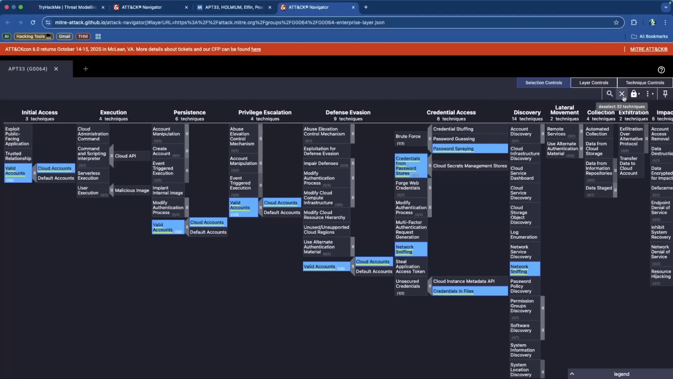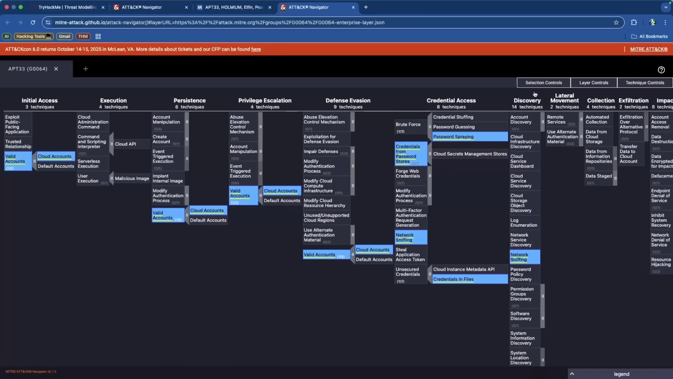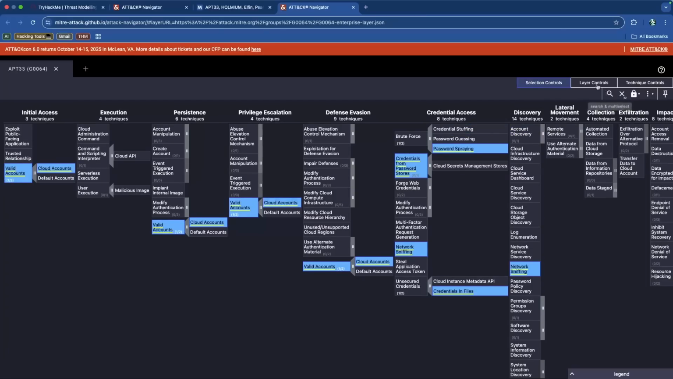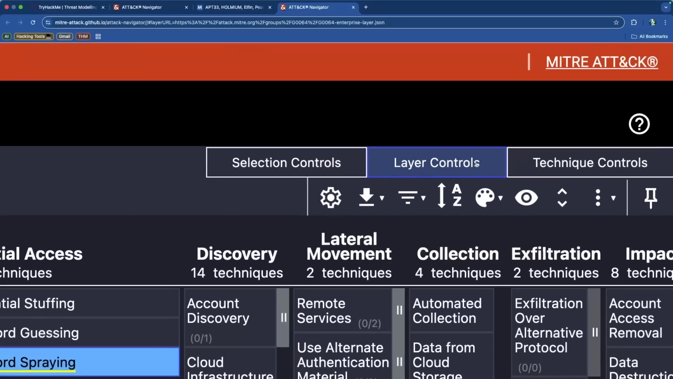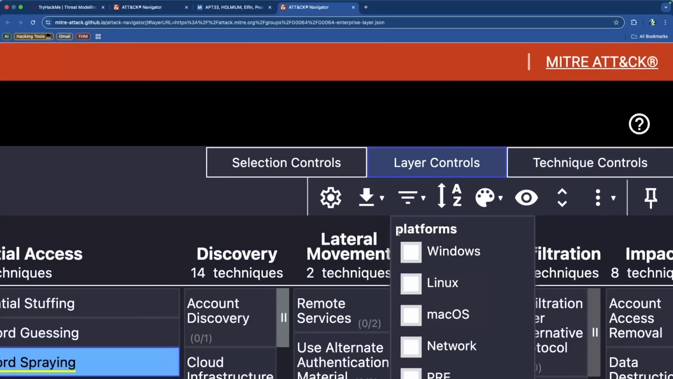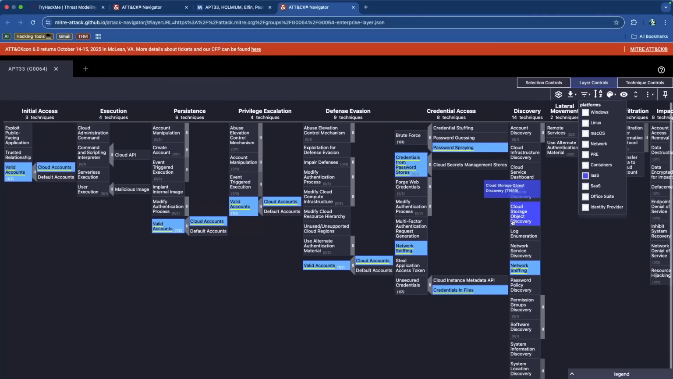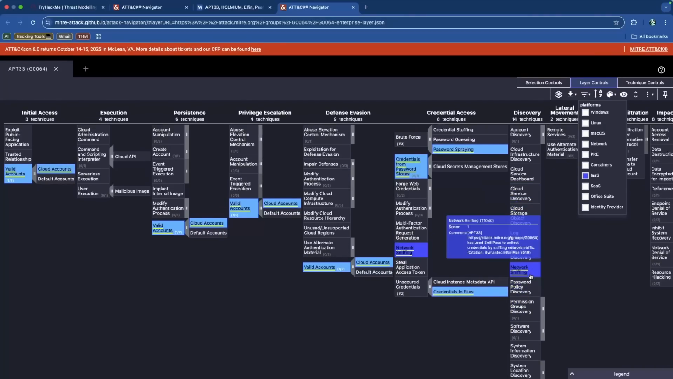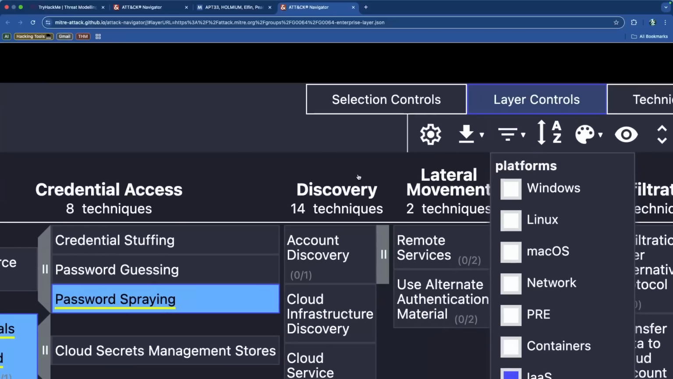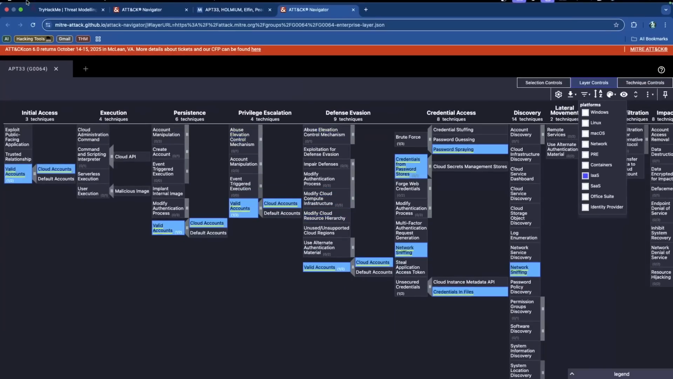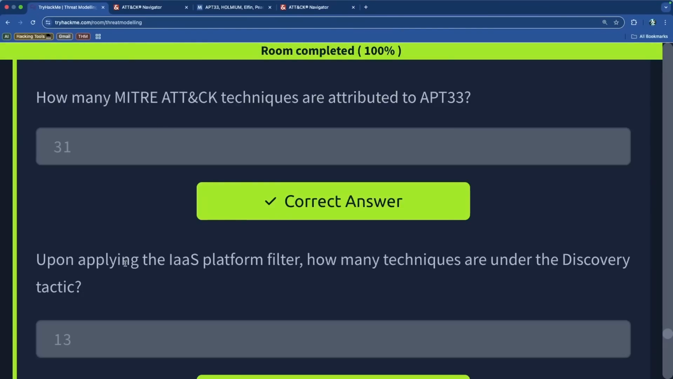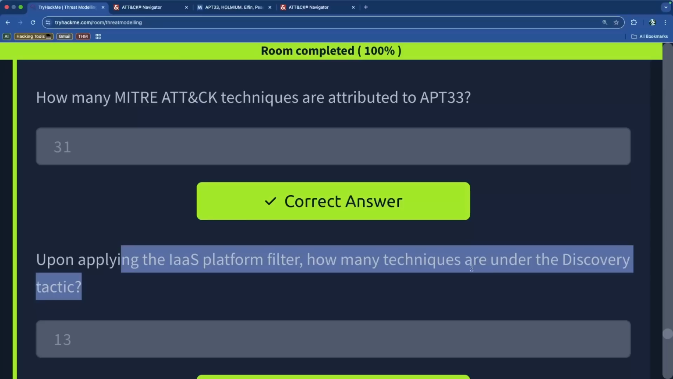So if we have APT33 selected under layer controls, we can go ahead and click on filters, and we can make sure that we have IaaS selected, and as long as that is selected, then we can see that it should be 13. This one actually has 1 highlighted, which out of the 14 techniques leaves 13, but they're asking how many techniques are under the